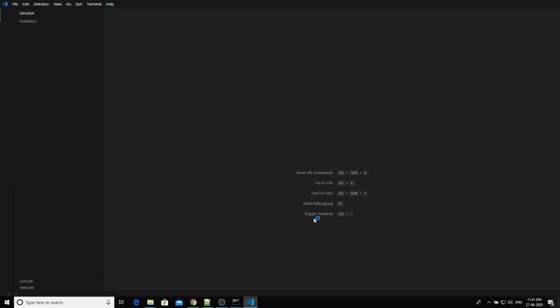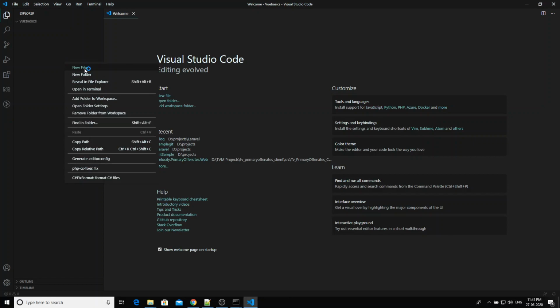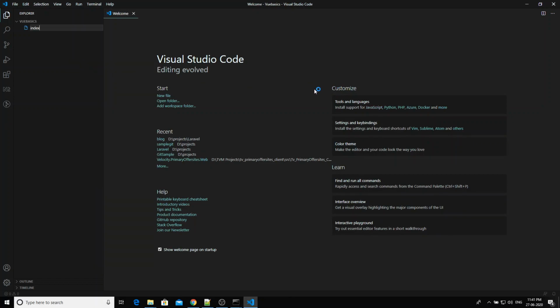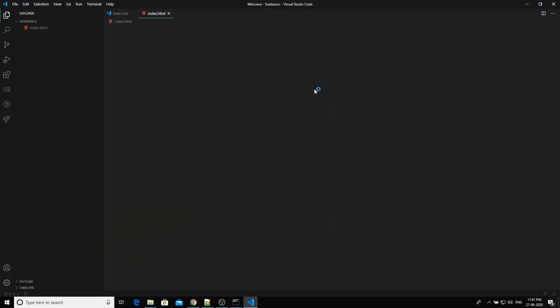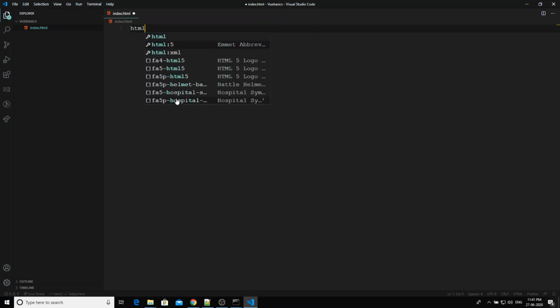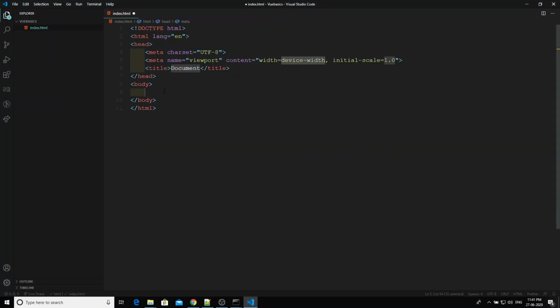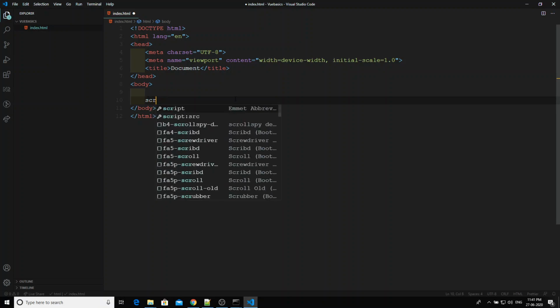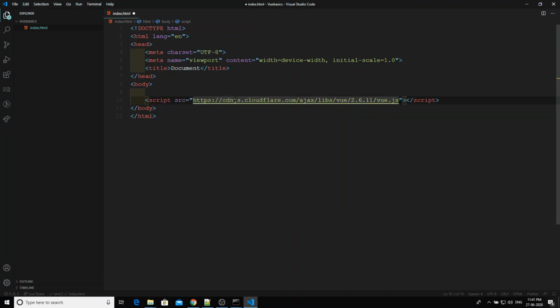I will create a new file by the name index.html. Let's do only the basic thing. So now I will open the HTML file. It's a snippet markup. Down here I will paste the Vue.js URL that I have copied.